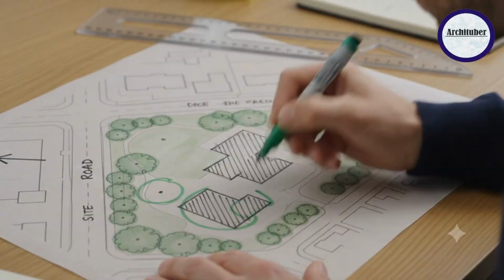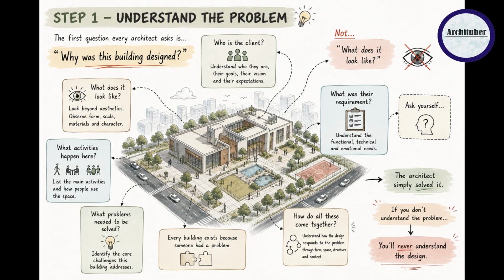First, understand the site. Mark the north direction, mark the road, mark the building footprint, mark the open spaces, mark the existing trees, mark the existing poles, mark the entry and exit points, and now stop and observe. Just give yourself 10 minutes after you have marked everything, and then observe and ask yourself questions like, where